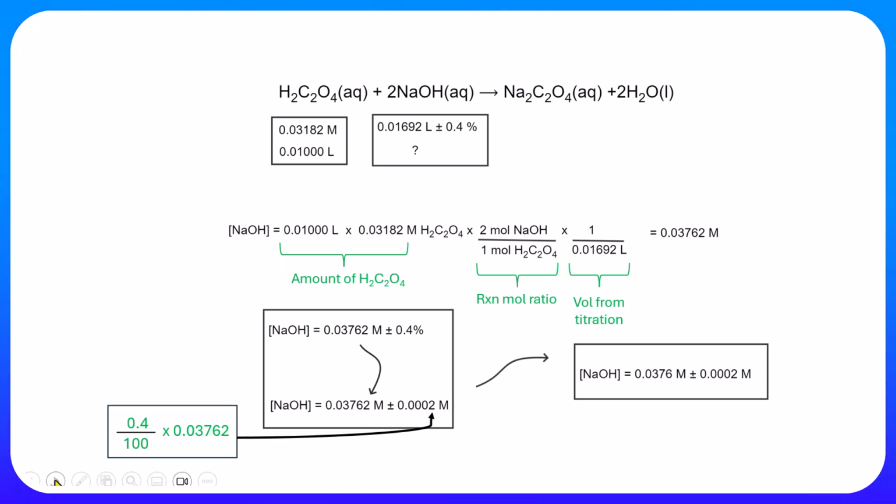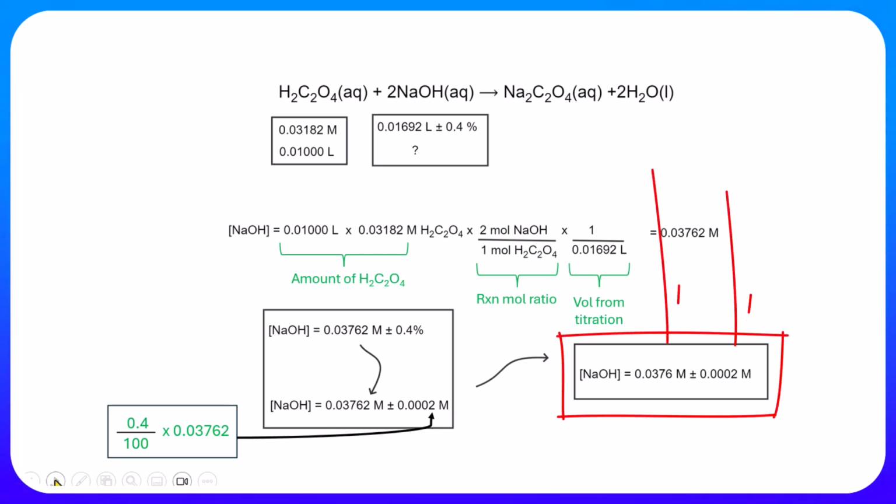But then I look, well, how many decimal places is my, in a sense, standard deviation? Well, it's 4 decimal places. Therefore, I can only express my concentration to 4 decimal places. So you can see I round off to